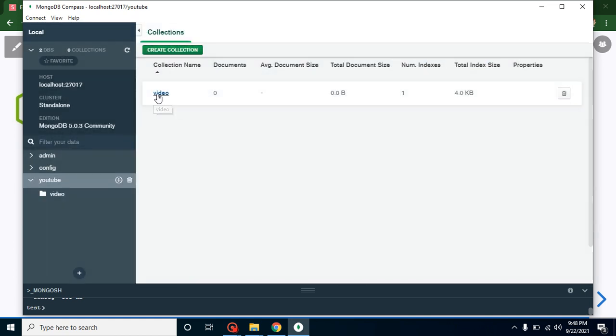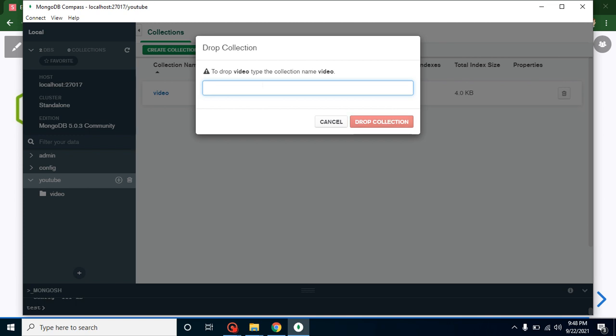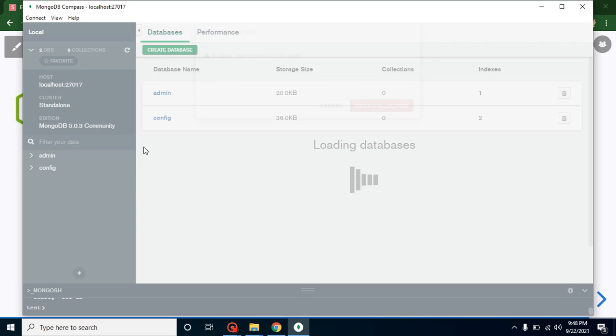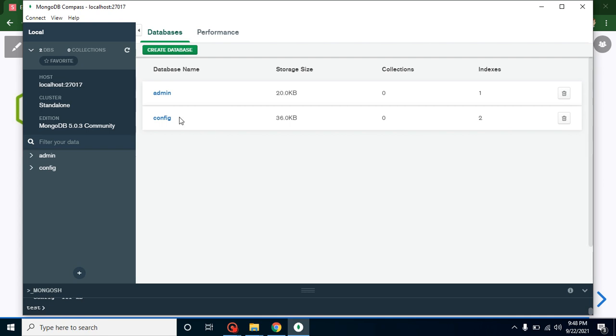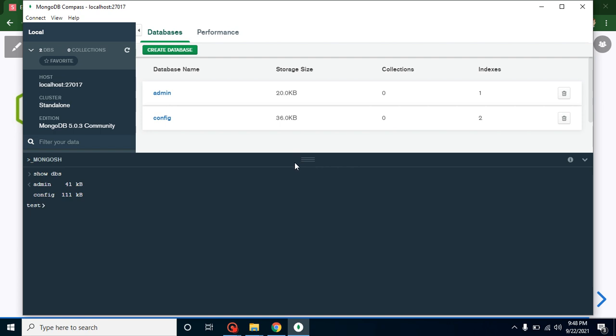We already created one collection, so how can we delete a collection? You can delete it from here. Just provide your collection name, videos, like this. Whenever we delete all the collections from a database, you will find that the database is also deleted. Otherwise there is an option to delete the database, that's okay, but we still must know how to delete, create and show collections and databases with the command line. So now let's see how we can do that.